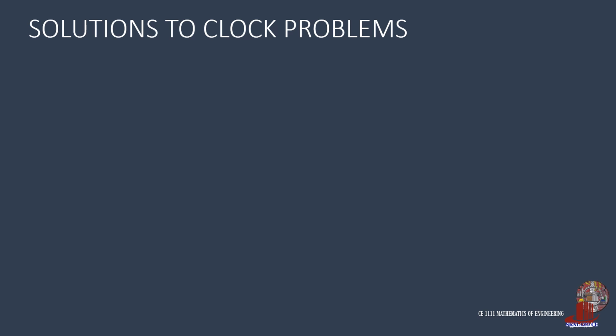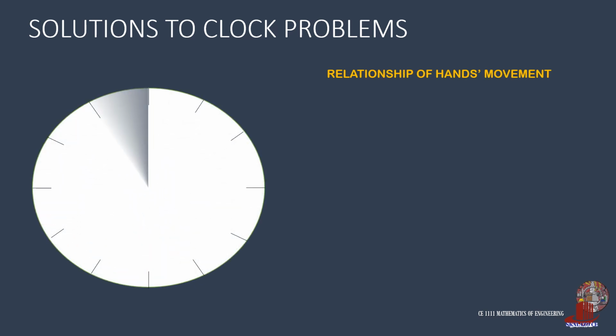The concept in solving clock problems with a specific time when the hands are in certain positions is taken from the relationship of the hand's speed. To derive the relationship, take the speed of each hand in making 1 hour. In this case, we use the term space, where a space is between ticks of the clock. One space is like the movement of 1 hour for the hour hand, or 5 minutes for the minute hand.